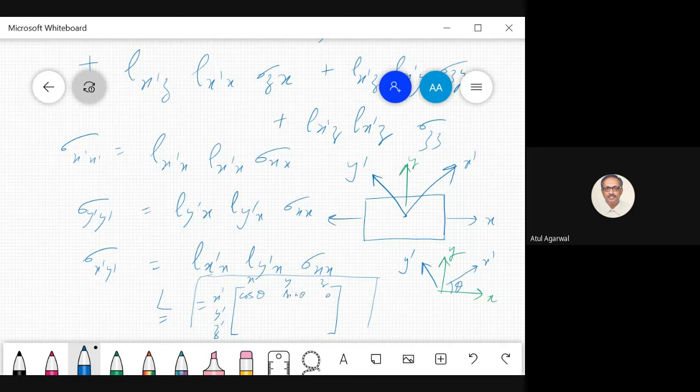This is 0. This is xy plane. You have rotated the coordinate system about z axis. So both these axes are perpendicular to these planes. This xy or x prime y prime plane. Now what is the angle between y prime and x? 90 plus theta. The cos of that becomes minus sine theta. What is the angle between y prime and y? Theta, cos theta. So this is my L matrix. I had done it earlier. You listen to the video again.